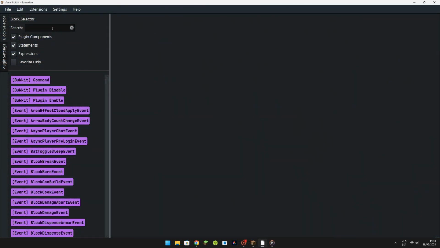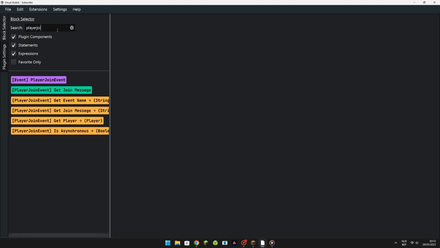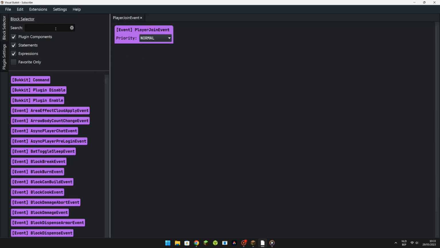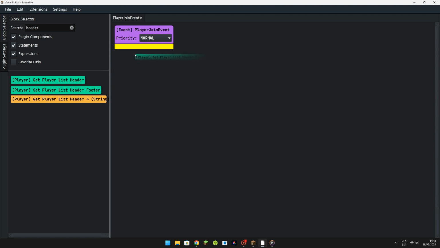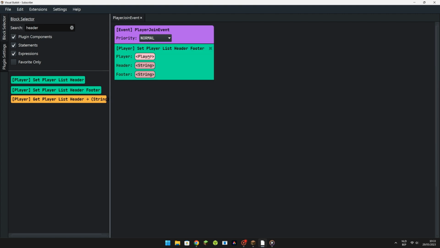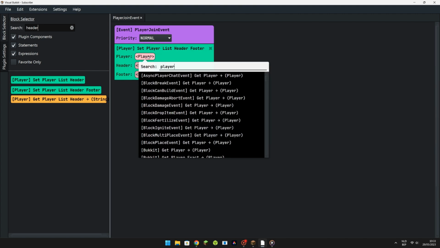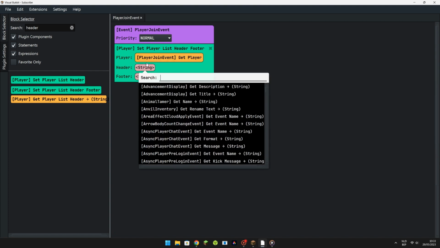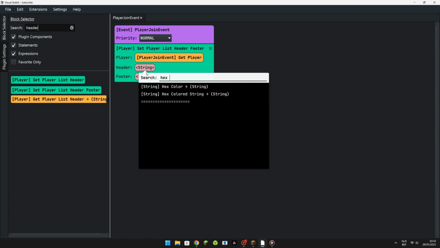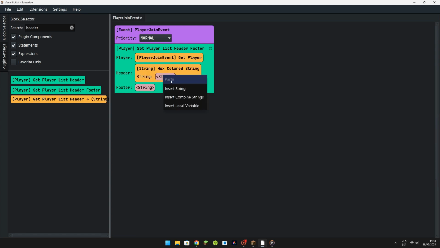Let's start customizing the tablist without using the Placeholder API. For this we will use the player join event. Then we will place in the set player list header and footer. The player will be the player join event get player. The header will be the information which is above the tablist, so we will use hex colored string, so we